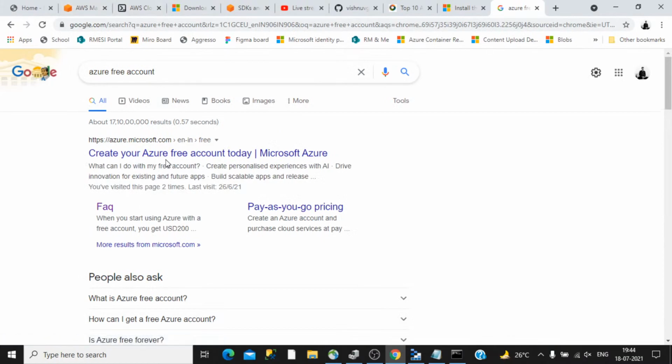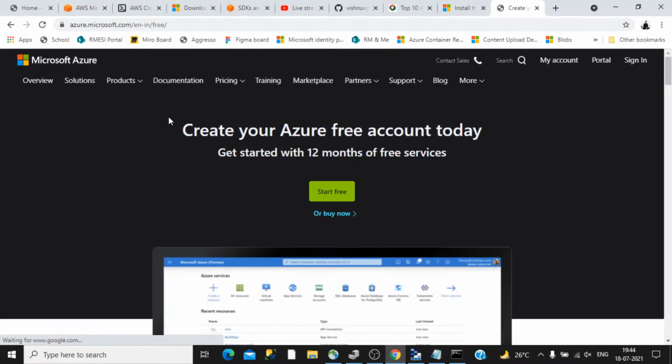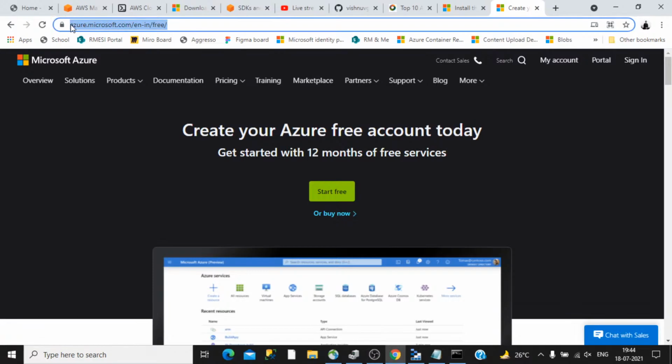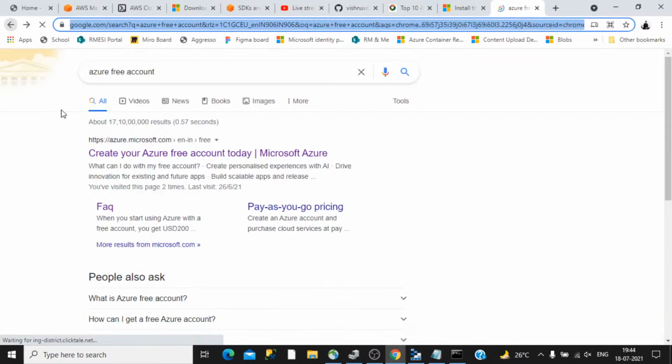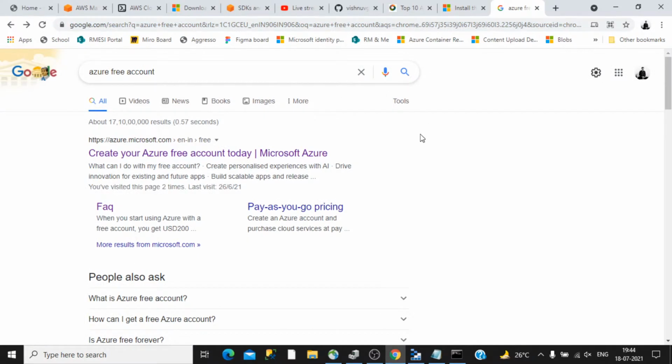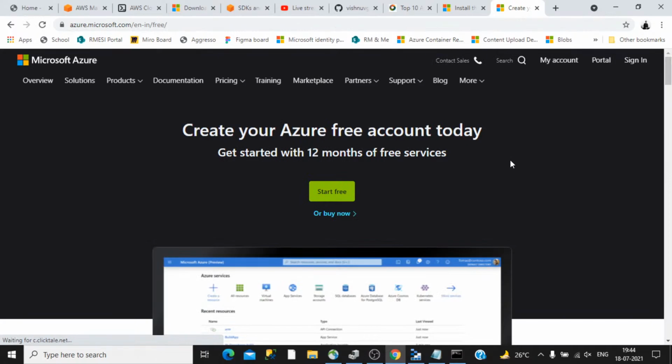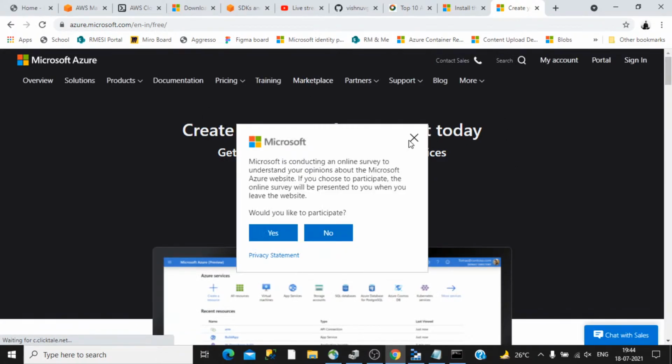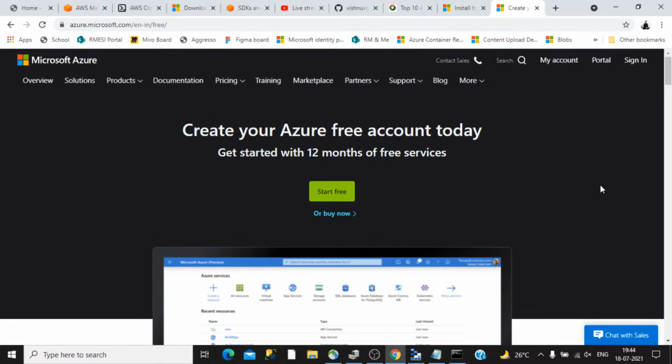If you are interested in creating a free account in Azure, you can go to this link, azure.microsoft.com/free. This link may change, so the better way is to search straight away in Google for Azure free account, and probably the first link will guide you to the page that can help you create the Azure free account.